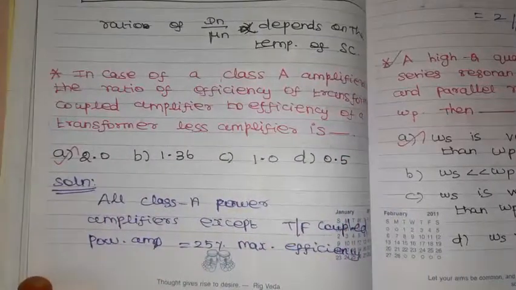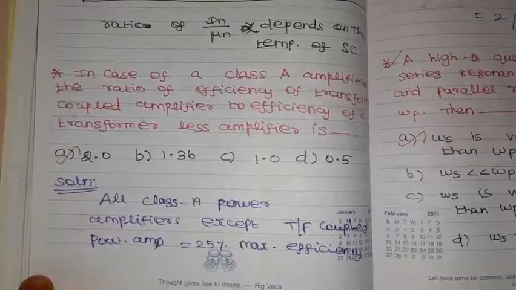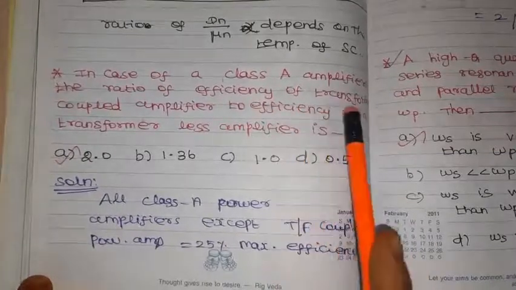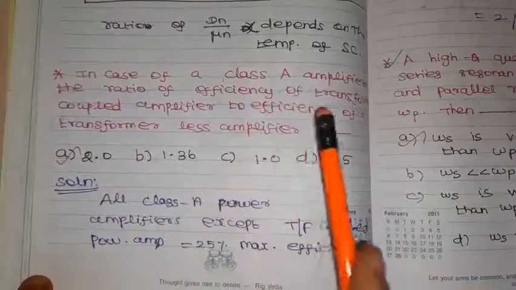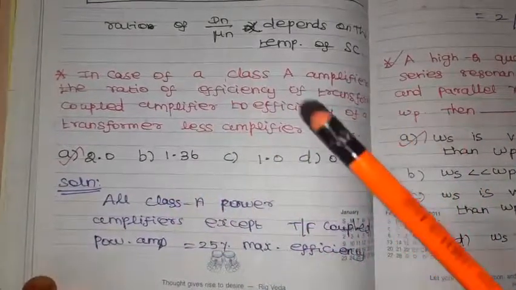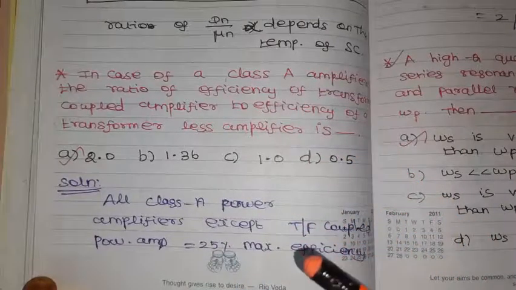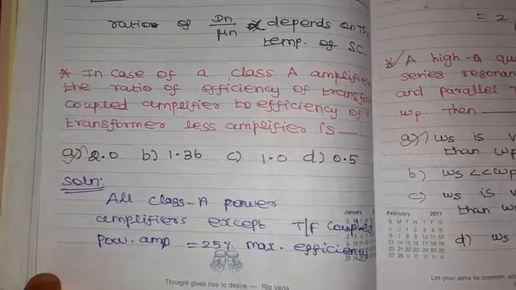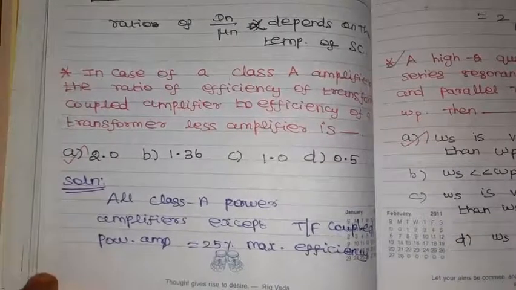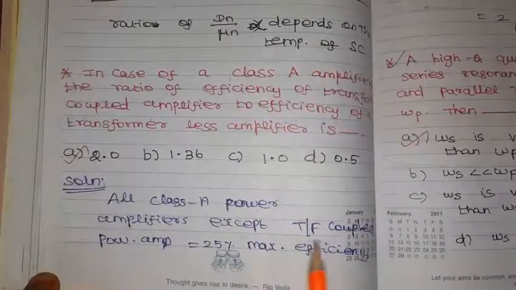So read the question carefully. In case of a class A amplifier, what we need to find out? The ratio of the efficiency of transformer coupled amplifier to efficiency of transformer less amplifier. We need to find out the ratio of transformer coupled to without transformer. Okay, all class A power amplifiers except transformer coupled